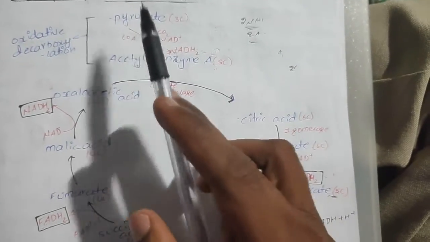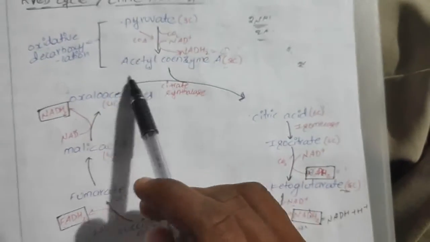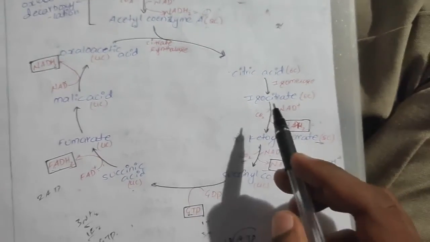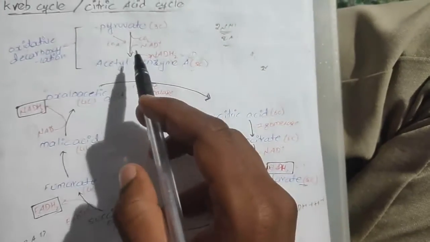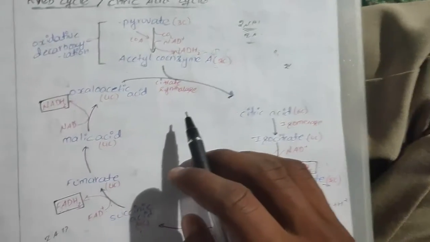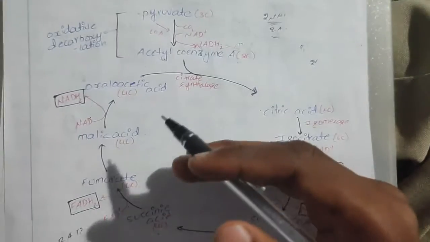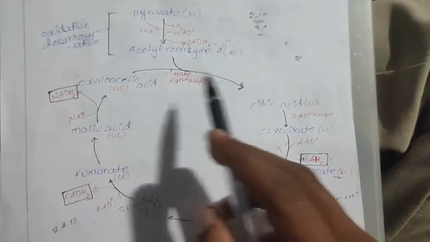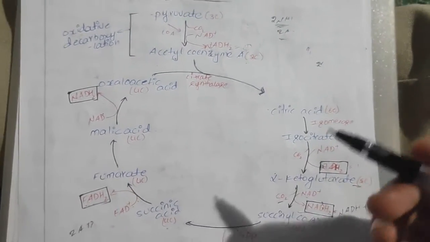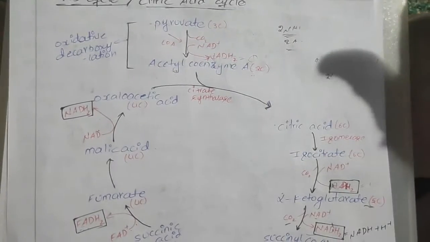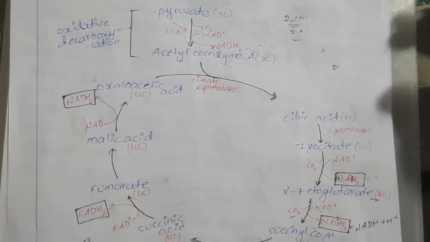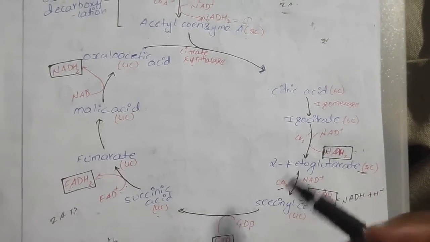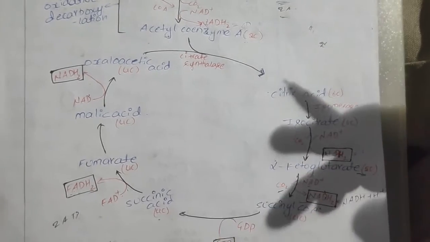See, 2 molecules of pyruvic acid are brought into acetyl coenzyme A. I wrote only 1 pyruvic acid, therefore we have got only 3. We are getting 2 molecules of pyruvic acid after completion of glycolysis. So these 2 molecules of pyruvic acid enter the Krebs cycle, therefore we should multiply by 2. From 1 molecule of pyruvic acid we are getting 3 NADH2, 1 FADH2 and 1 GTP.